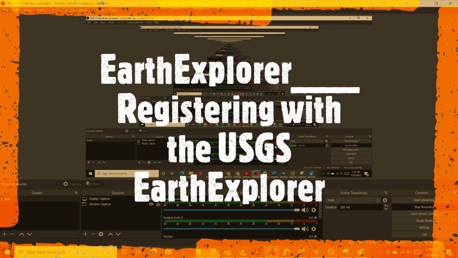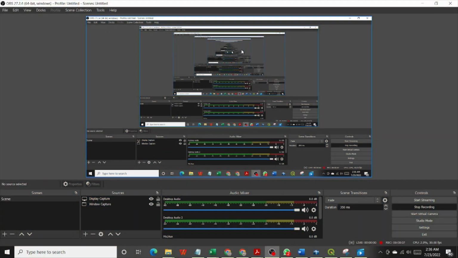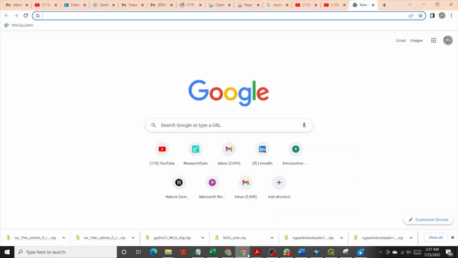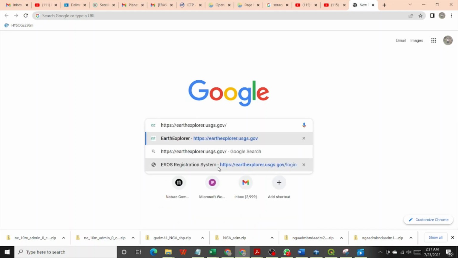In today's tutorial, we're going to download satellite elevation data from the Earth Explorer online database managed by the United States Geological Survey (USGS). In this tutorial, we have this website here, which you can copy and paste into your web browser. Your search window, right click, paste,